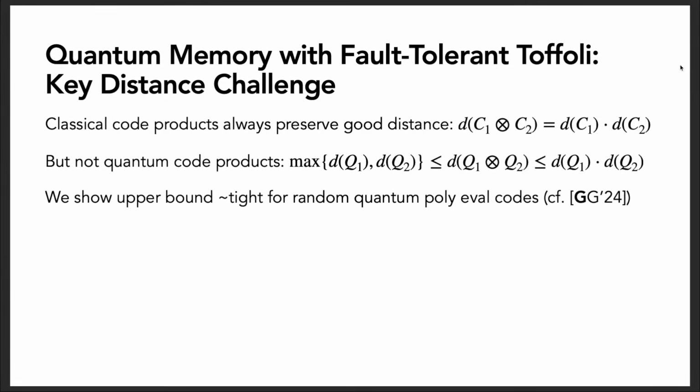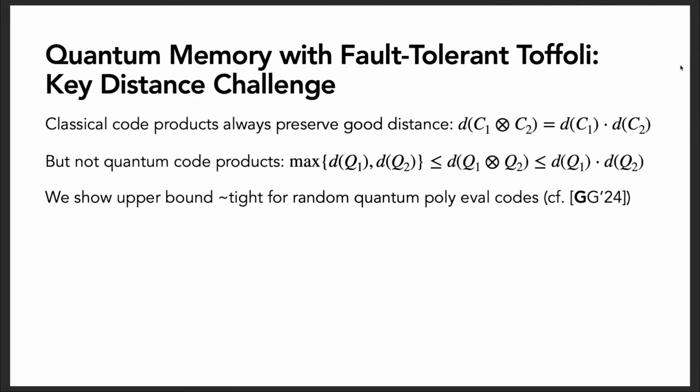So actually, what we need to do is prove that this upper bound is roughly tight, that the distance of the product code is close to the distance of the factor codes. Which product are we talking about? Yeah, so it's a subsystem product. I intentionally didn't define it because it's a bit involved. So classically, it's just a tensor product of classical codes. Quantumly, if you've seen hypergraph or homological products, it's similar to that, but a slight variant, a subsystem variant with these gauge operators.